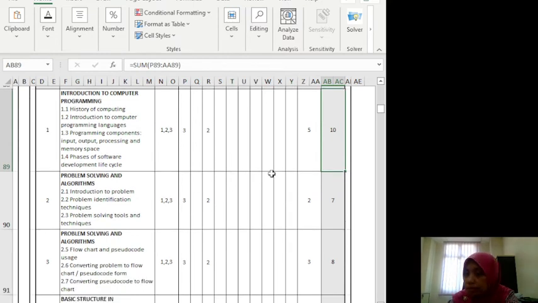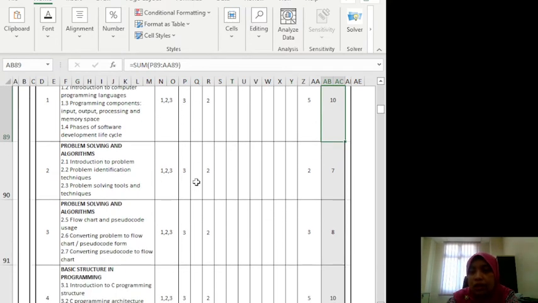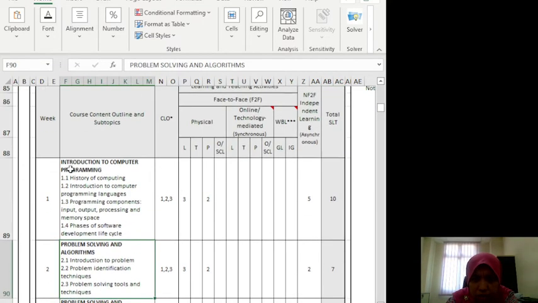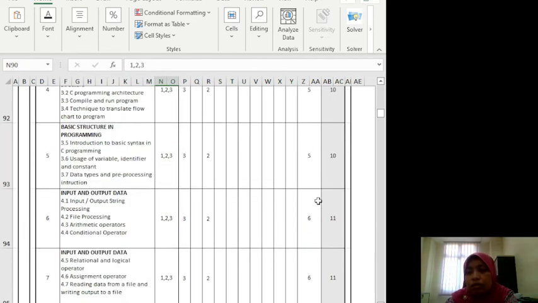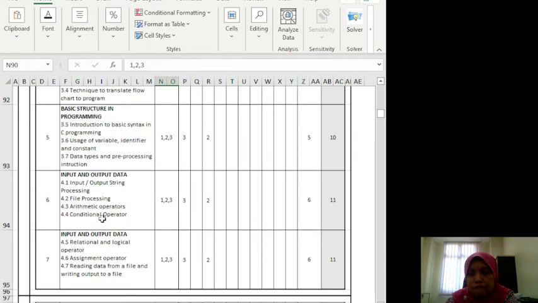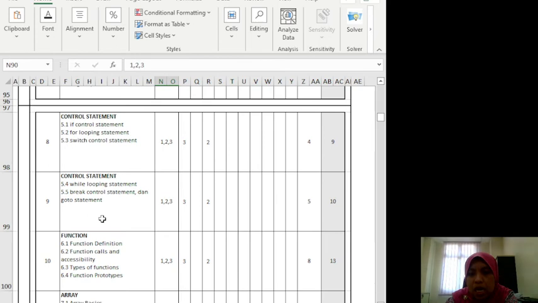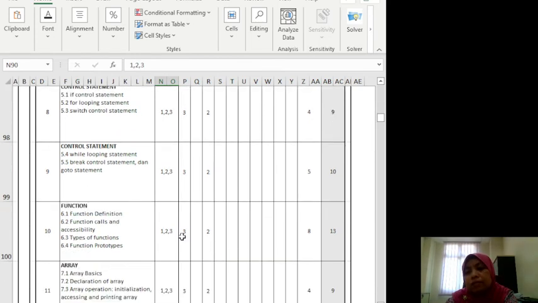Same goes to the next upcoming chapter. Okay, 3 plus 2 plus 2 equal to 7 and so on. So you can see the weightage. So for example here, function, because function is quite a tough